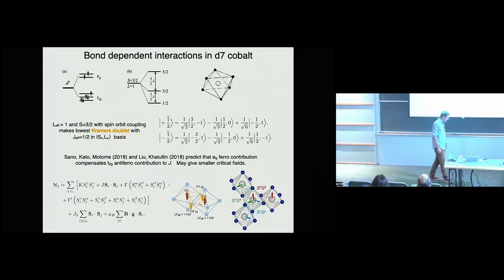this typically has been done by destabilizing that order by applying a large magnetic field. And it looks like in many of these cobalt compounds you can destabilize some order with much smaller fields. And so this kind of phenomenological perspective has led to some idea that those compounds may be a good starting point for looking for this kind of system. Okay, I'm going to get back to this,